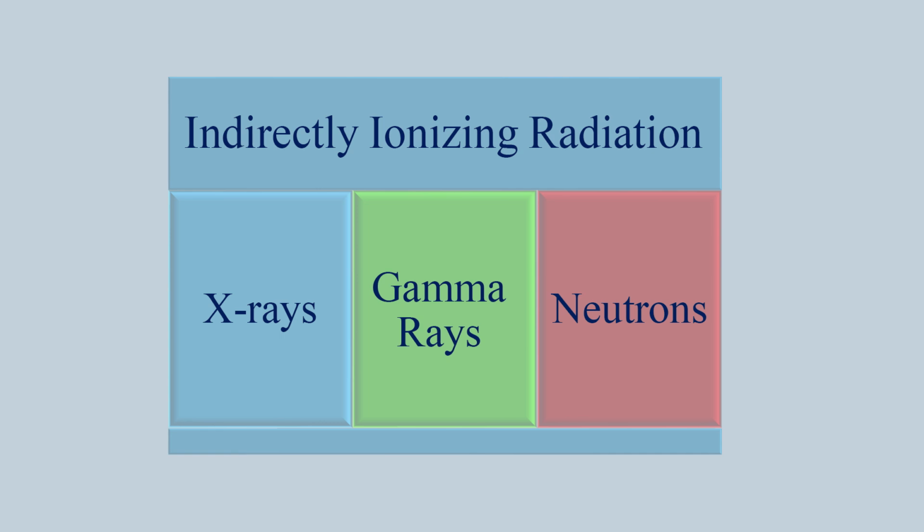They cause ionization indirectly by interacting with atomic electrons or nuclei, producing secondary electrons. X-rays, similar to gamma rays but typically produced by electronic transitions in an atom rather than nuclear transitions. Neutrons, uncharged particles that cause ionization indirectly through nuclear interaction, producing secondary charged particles